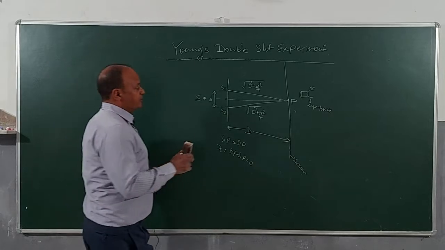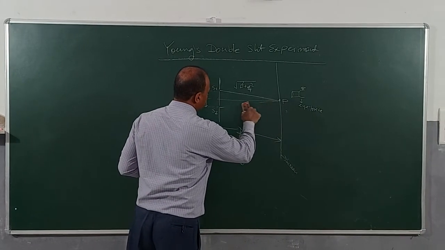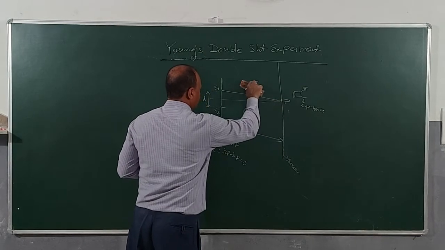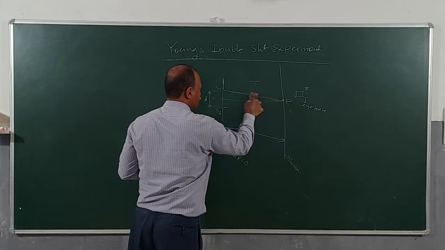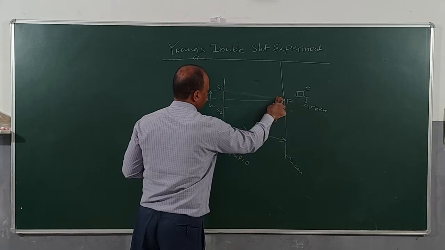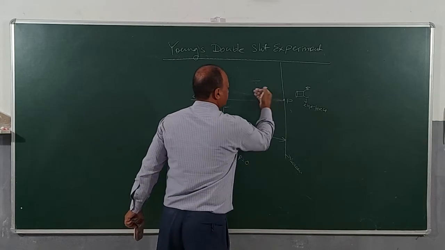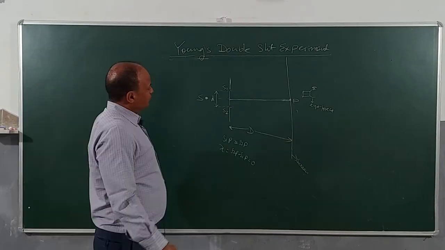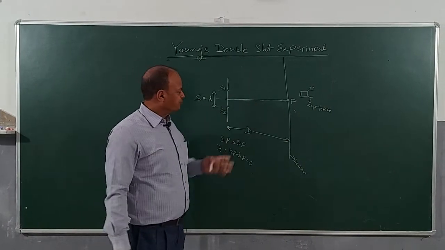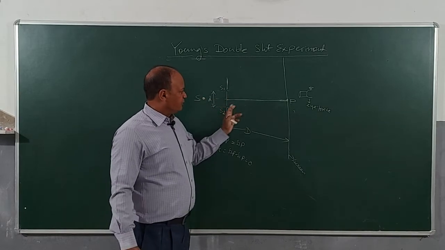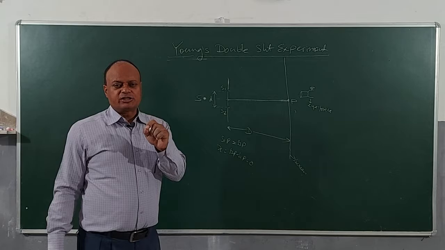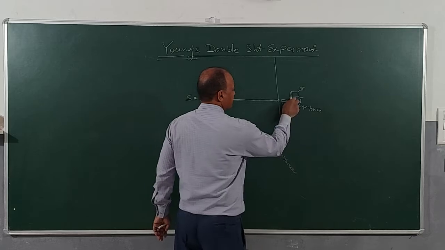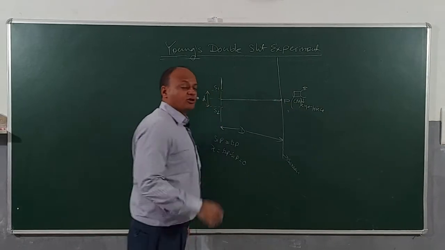Now, for making this diagram less complicated, I will rub it, but you need to bear in mind that P will be a bright spot and also acts as a reference point like origin to us. We call it central maximum. Okay, so P is central maximum. So there is a scenario, S1P and S2P will be equal, so P is always a central maximum. We denote it by Cm. I will write it separately. Cm, Cm meaning central maximum, is like origin.